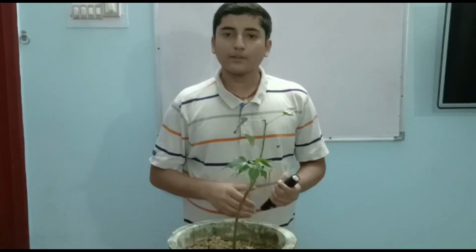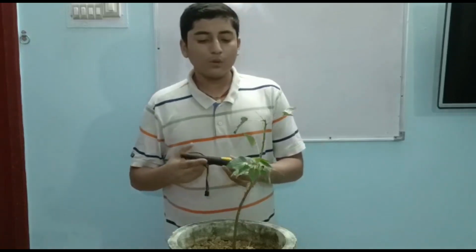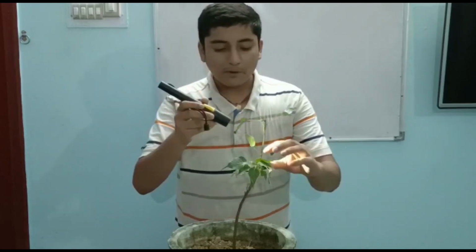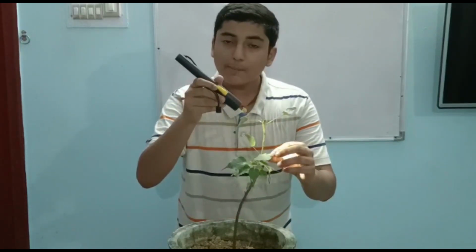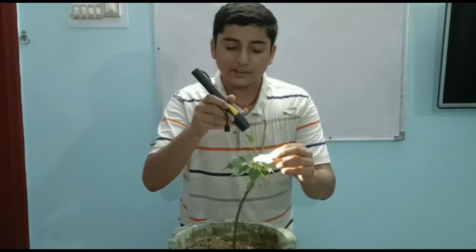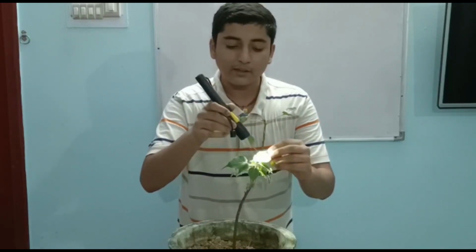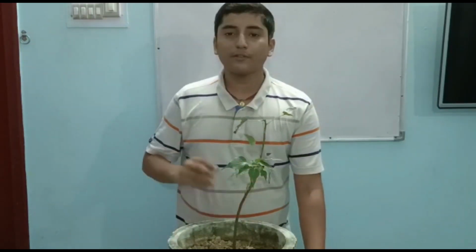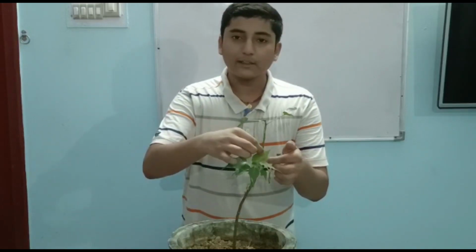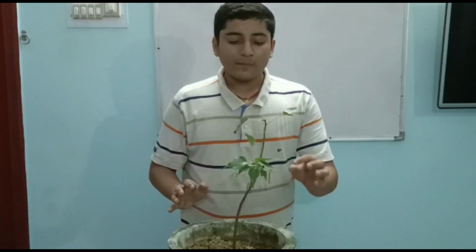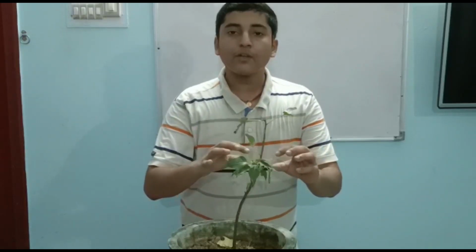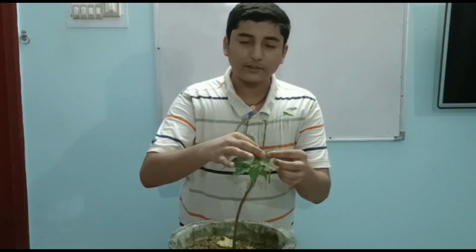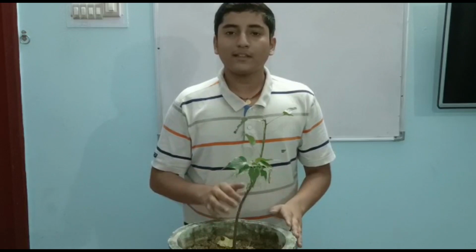Now I will show you how photosynthesis works practically. Suppose this is sunlight. I am using this torch as sunlight. When the sunlight falls on the upper surface of the leaf, it is trapped by the plant through the leaf. Always remember, the carbon dioxide present in the atmosphere is absorbed by the lower surface of the leaf. The upper surface of the leaf is always dark green, and the lower surface of the leaf is always slightly light green.